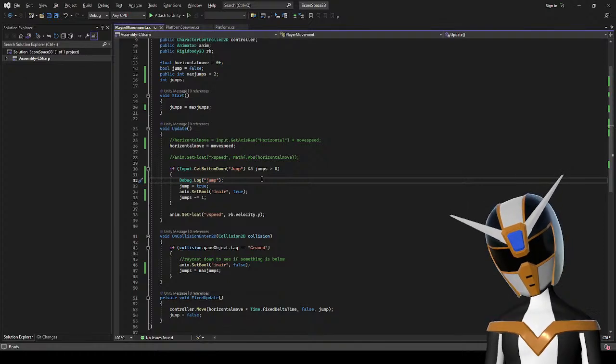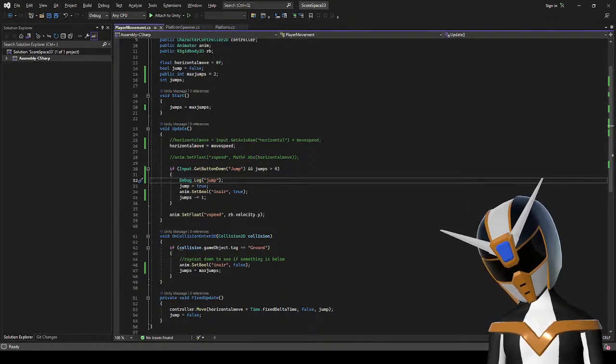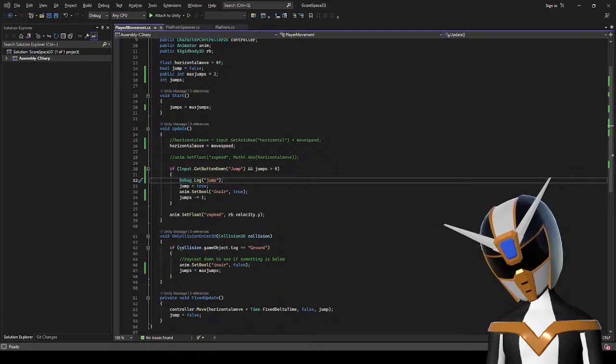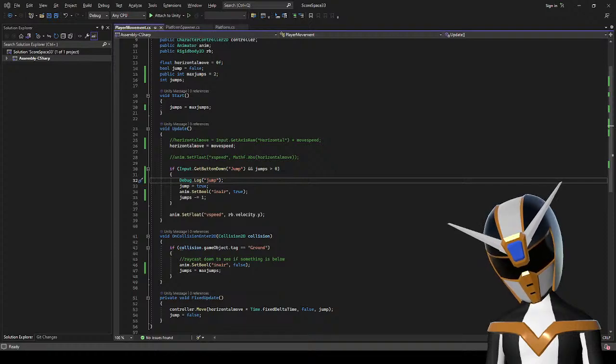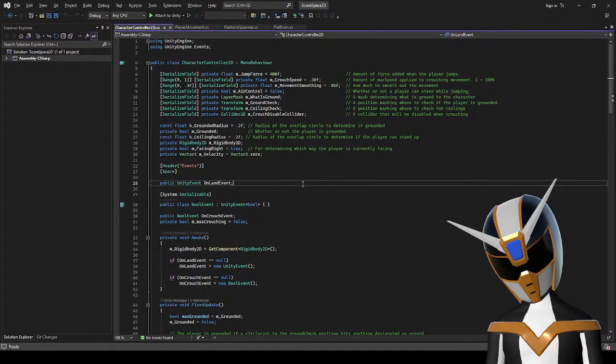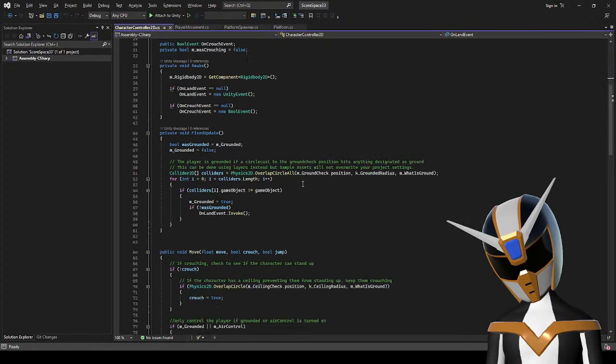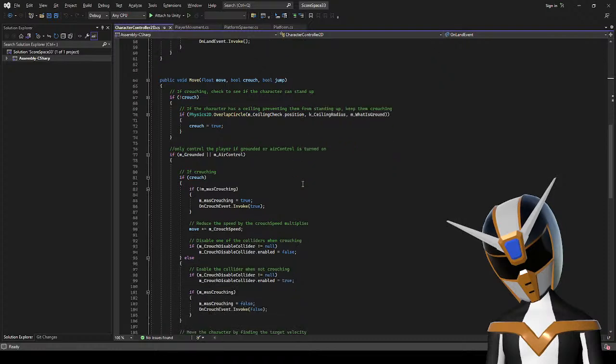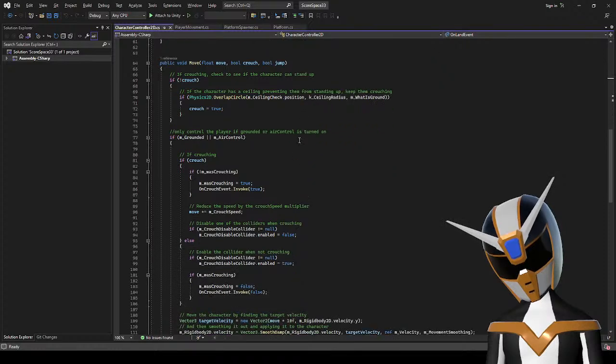It's got to be something with the 2D character controller code, right? I've never tried to do double jumping with this. Okay, void move. Okay, I don't want that.